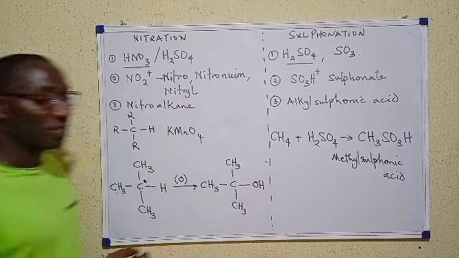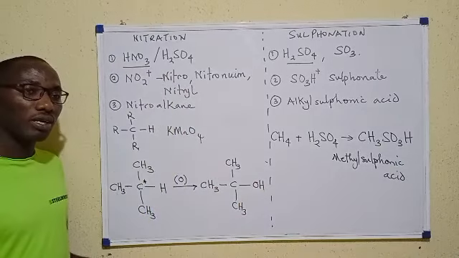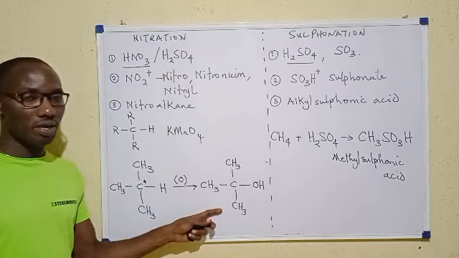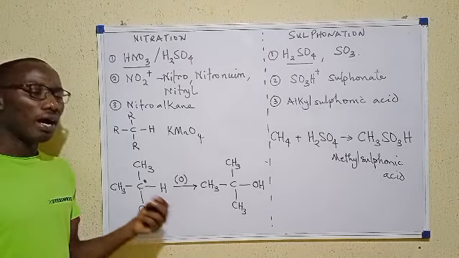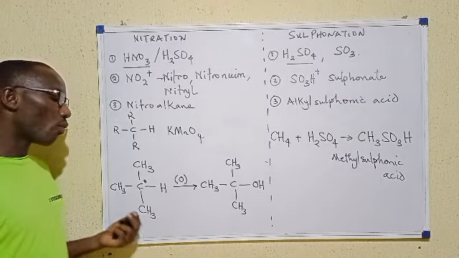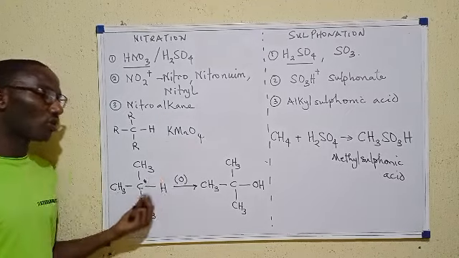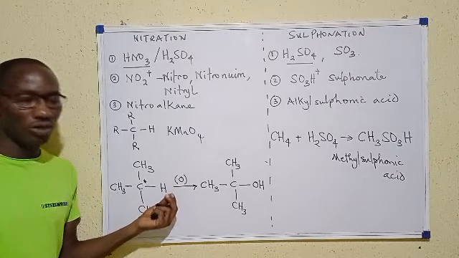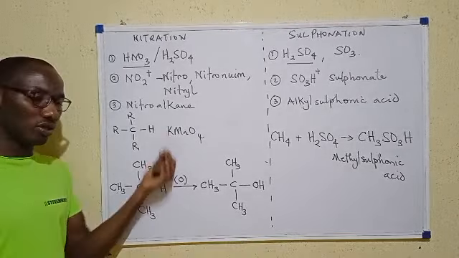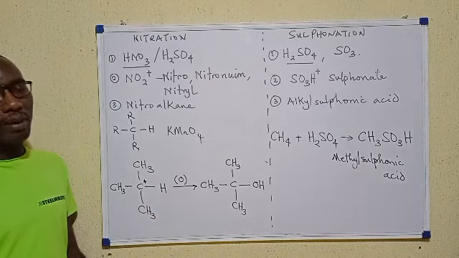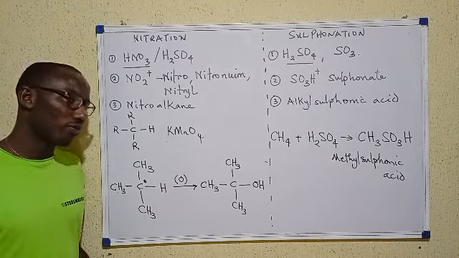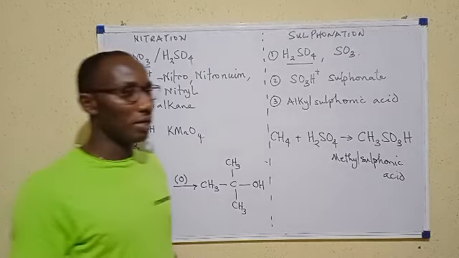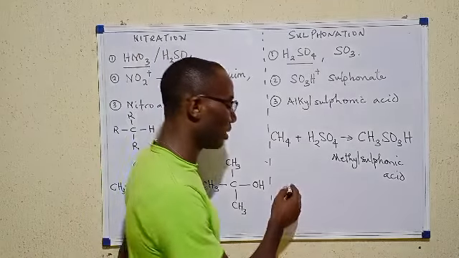What kind of compound is that we have as product? Yeah, that's a tertiary alcohol. So tertiary alcohols are the products we get when tertiary alkanes undergo oxidation. Oxidation by what? Oxidation by KMnO4. So I hope you have learned something about the alkanes, and I hope to see you in the next